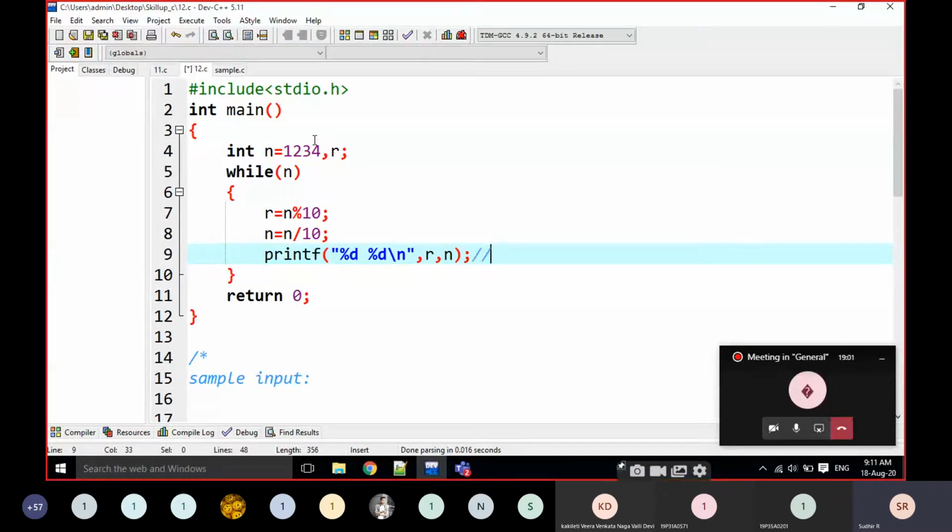Can anyone guess what the output is here? For the first time, 4 and 123: 4 is the remainder, 123 is the number. The second time 3 and 12. The next time 2 and 1. And the next time 1 and 0. It is going to be like this.